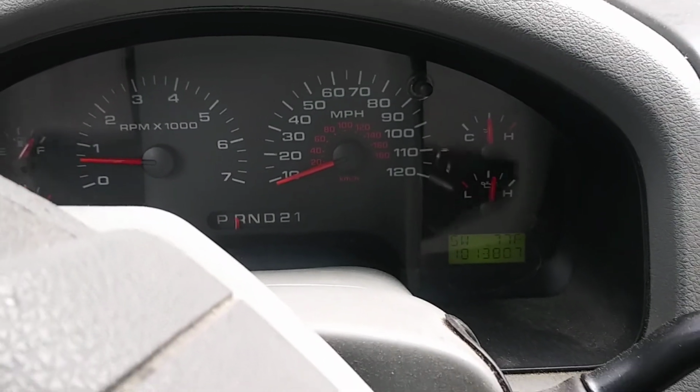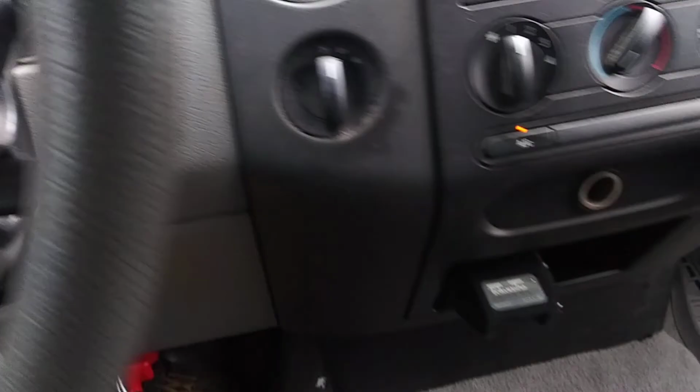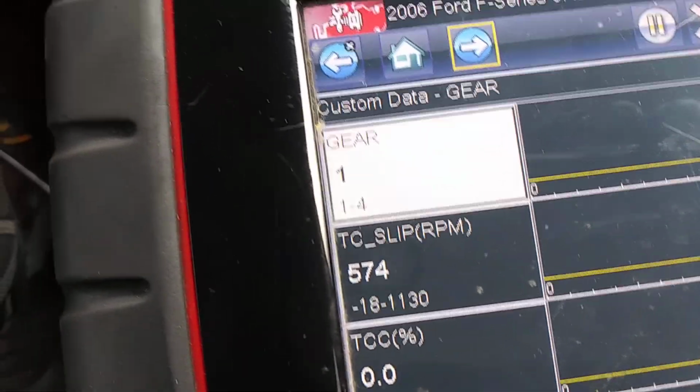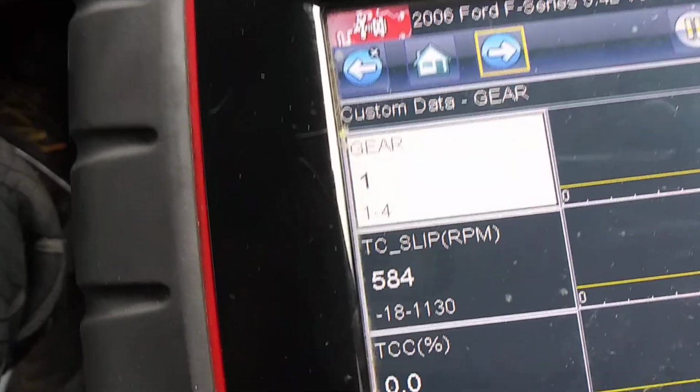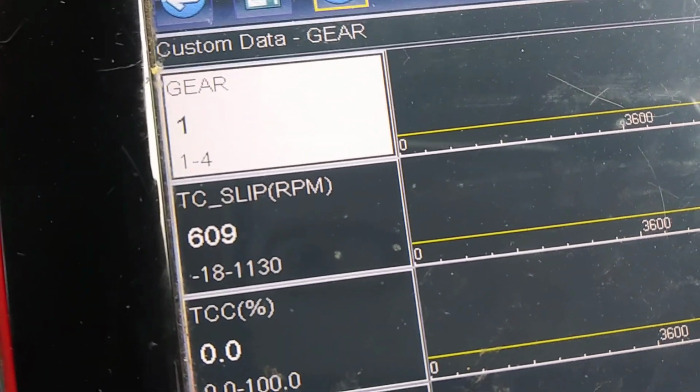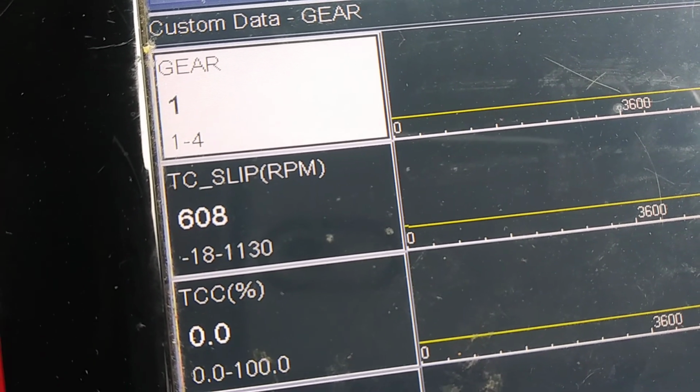Right now I'm in park, but when you're in gear, let's go ahead and put it in reverse, back up. You'll notice that TCC slip is really high. That's because the converter clutch is off right now. Now when that TCC slip goes to 0 or 1 or -1, somewhere around there, that means the clutch is